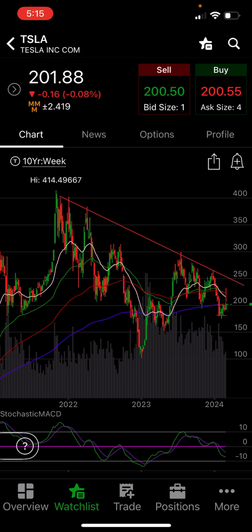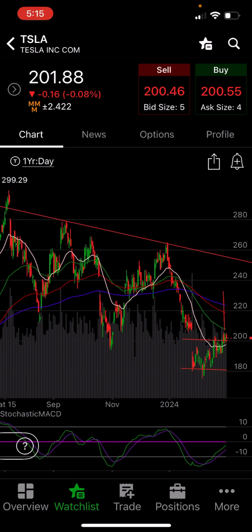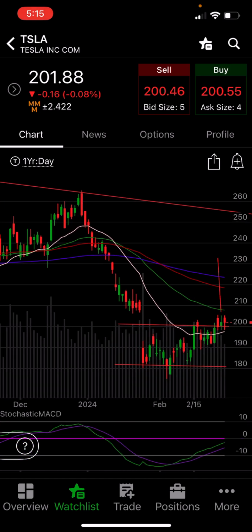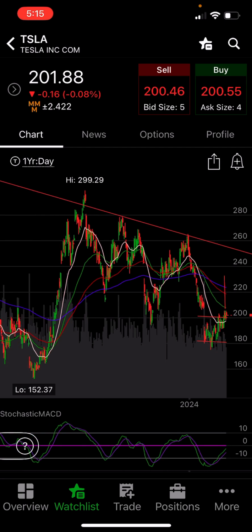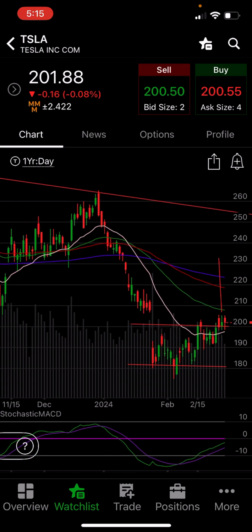But until we break this massive trend line, we're not going to be in an uptrend on Tesla, even though we are currently, right? Even though we are short term in an uptrend on Tesla, as you can see on the long term, we are way down. So we need to really get above that trend line, break it, hold above it. But we'll talk more about that if and when we get there. Right now, I still think we're looking for 210. And we'll probably fail there, come back down, make another higher low, hopefully,